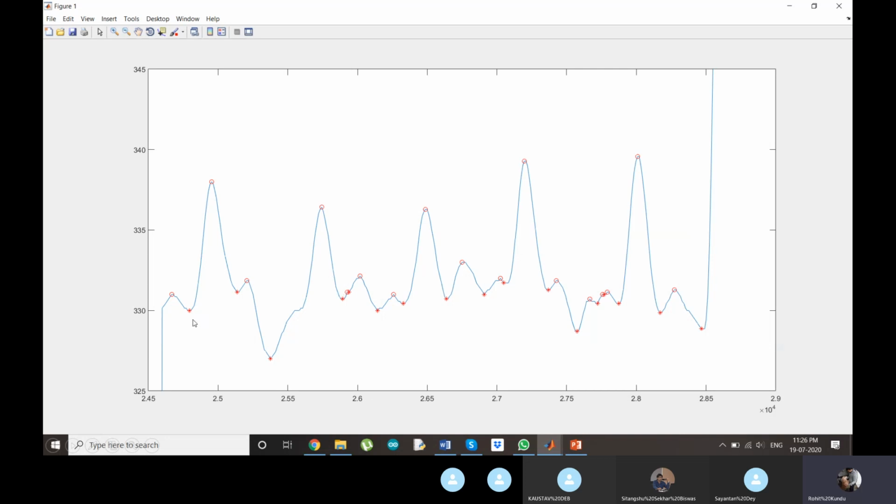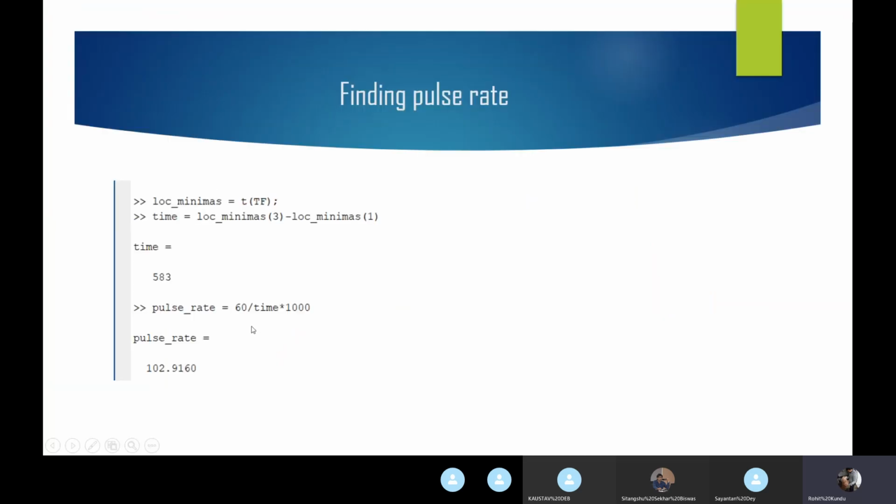So now our job is to find the beats, the time period for each beat. We can calculate the beats by division. We need the time between this red star and this one, between these two minima. This will give the time for the beat. From the first minima to the second minima, it will give the time for systole. And from the second minima to the third minima, it will give the time for the diastole. And obviously the addition is the beat. So how do you find the pulse rate?